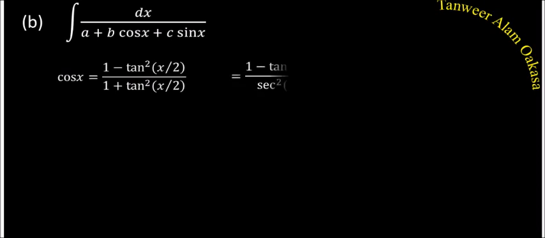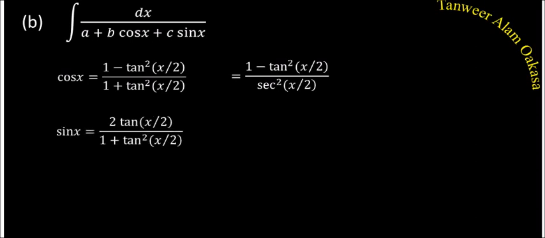And the technique for this is that I will convert this cos of x and sin of x into one common trigonometric term, and that is tan of x by 2. So I convert cos of x in tan of x by 2: cos of x is (1 minus tan square x by 2) upon (1 plus tan square x by 2), and simplify further because 1 plus tan square x by 2 in the denominator becomes sec square x by 2. Similarly, sin of x in terms of tan x by 2 is 2 tan x by 2 upon 1 plus tan square x by 2, which simplifies to 2 tan x by 2 upon sec square x by 2. Now I put the value of cos of x and sin of x in the equation.